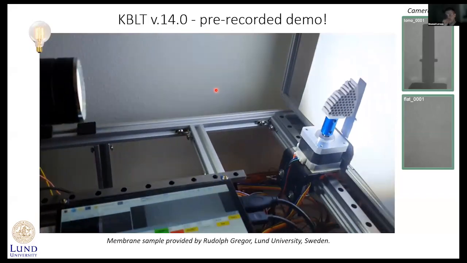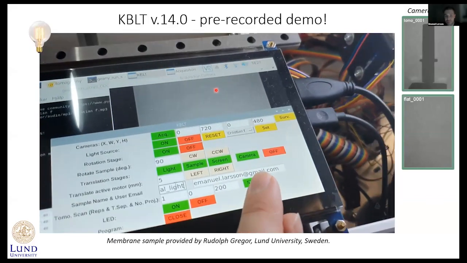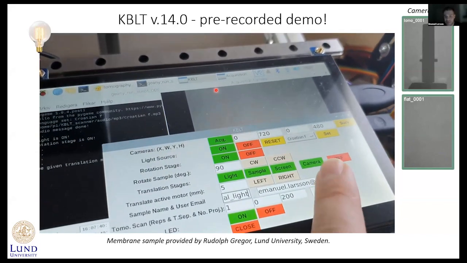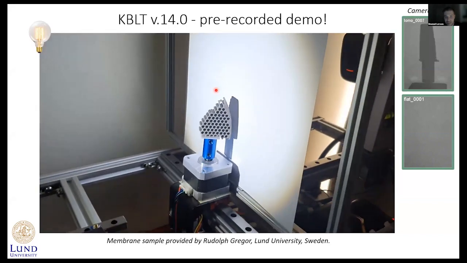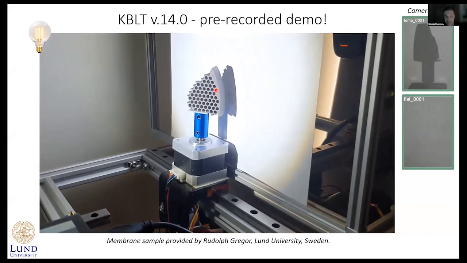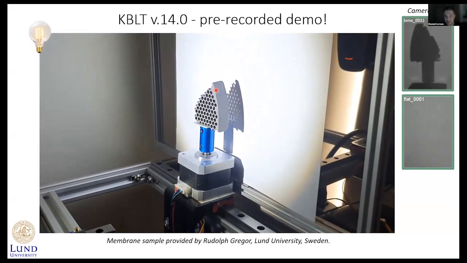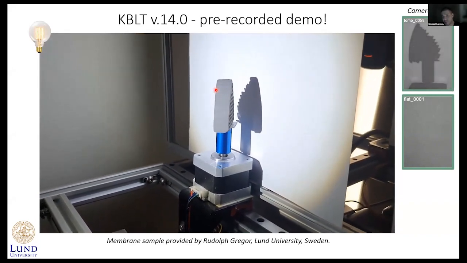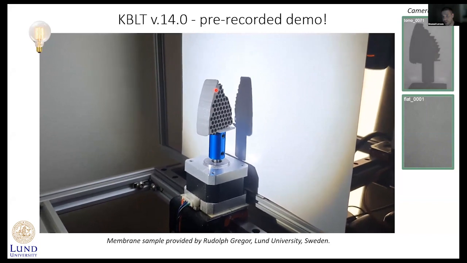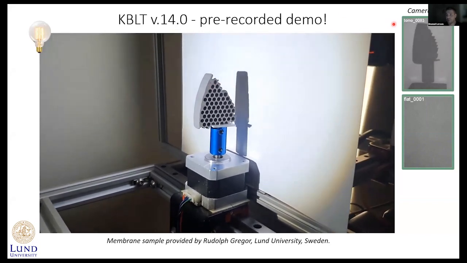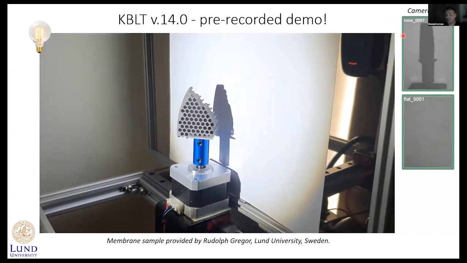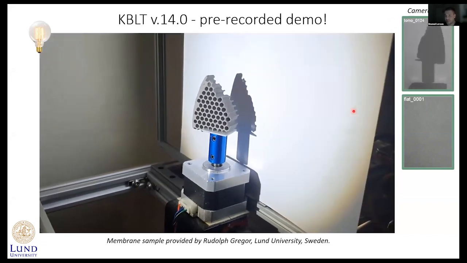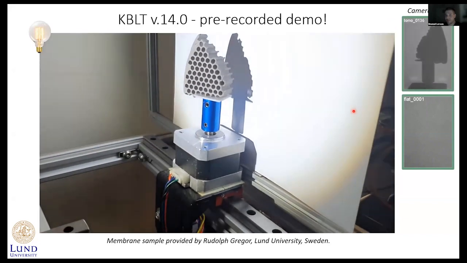Here is an example of what it can look like when we scan a sample. I press the start button. Here you can see I had to press it twice, and you can see that here we're stepping. I don't know if you hear any sound from the video, but for every step we rotate the sample over 360 degrees, and we take 200 projection images. You can see in the upper right corner that we have a counter counting up to 200. So we're slightly more than halfway through,